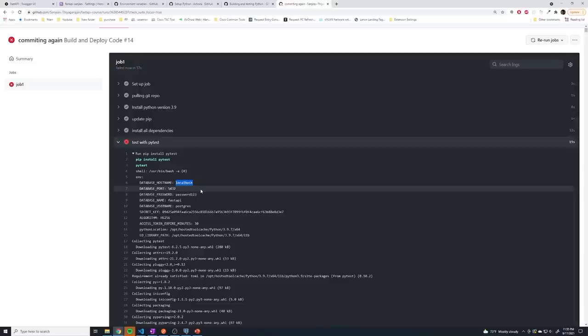The one thing I don't like, and I want to make sure I teach you guys, is that in this case, we're hard coding these values in here. And so this is all stored in our repository. Anyone can have access to it. This is our test database, so it's not a big deal. But I do want to show you how we can